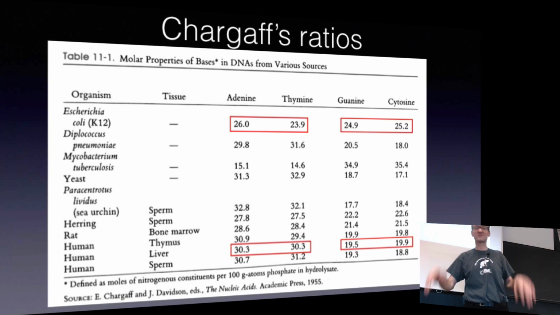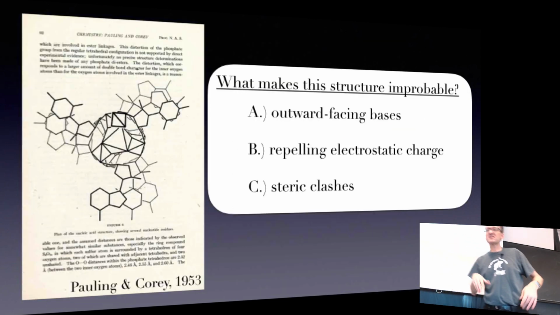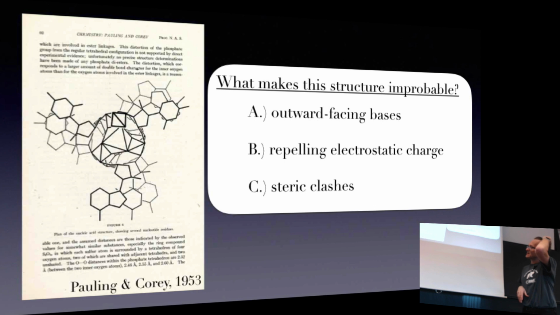So the patterns. The problem with this structure is that you would have electrostatic charges. Those phosphates are negatively charged. So you're going to take lots of negative charges and put them right next to each other. That's going to be bad. There are also going to be some steric clashes, that is, atoms will bump into each other if you try to build a model of this. So it was not wrong, but it's not obvious that this model would be so great.